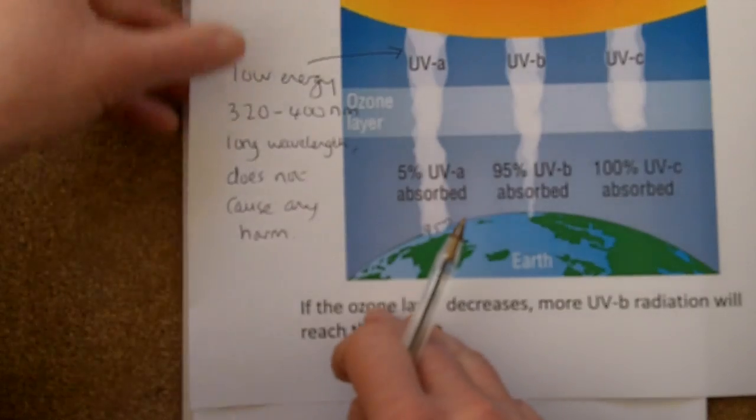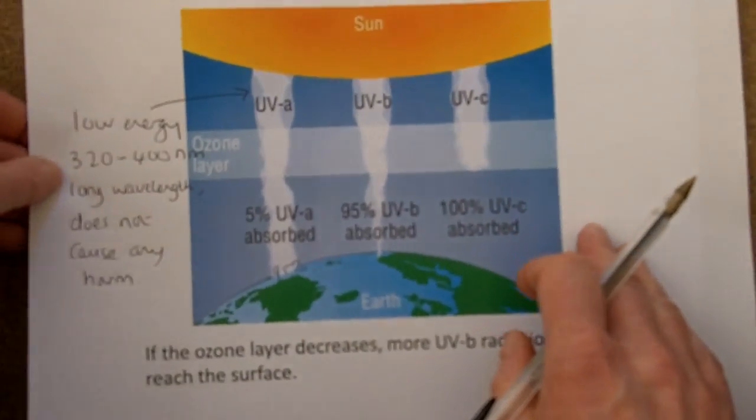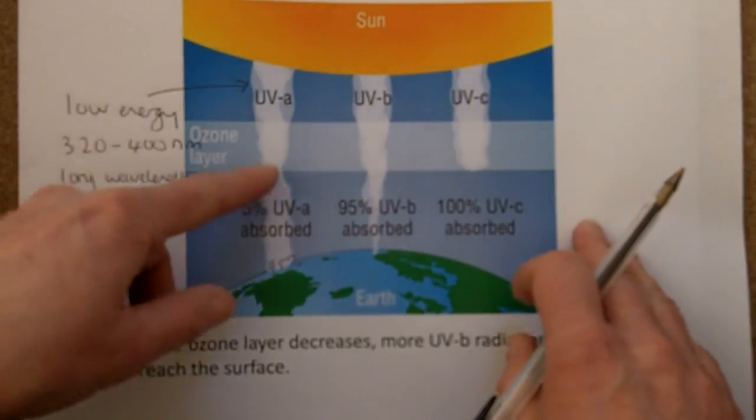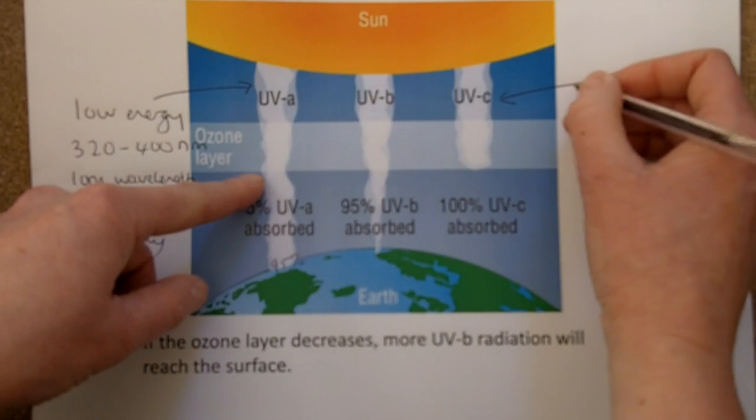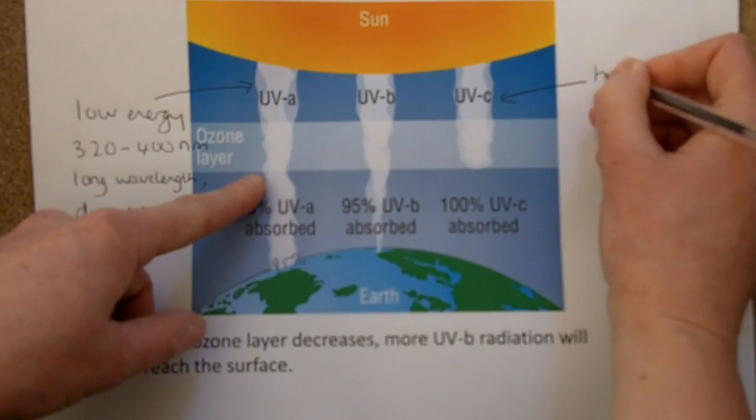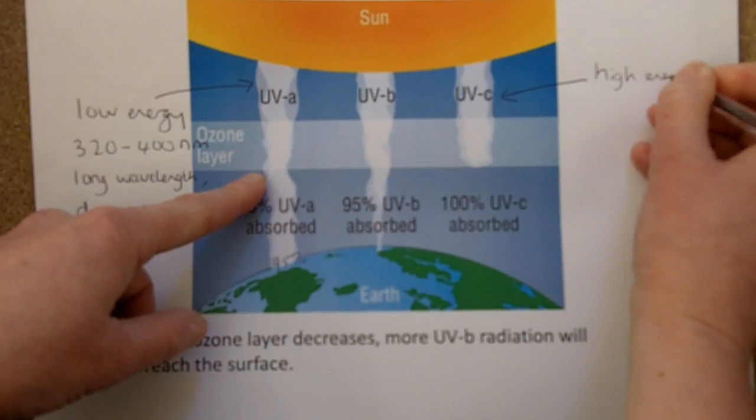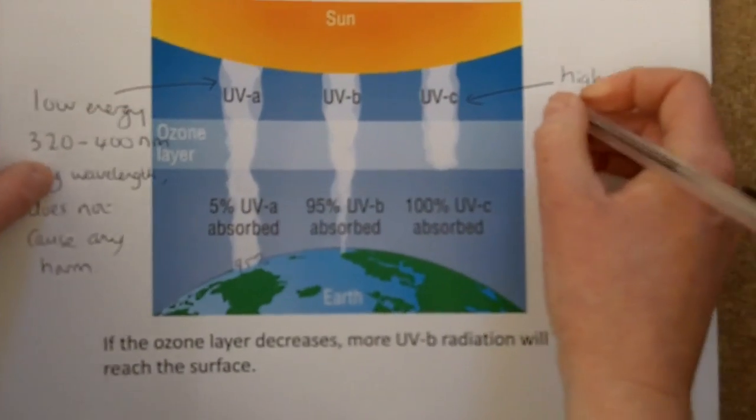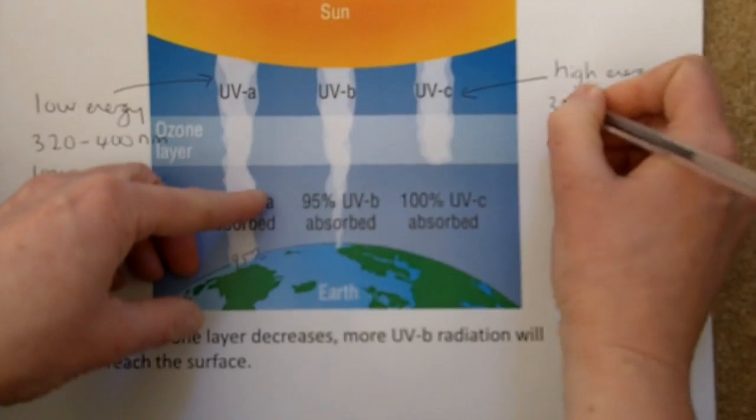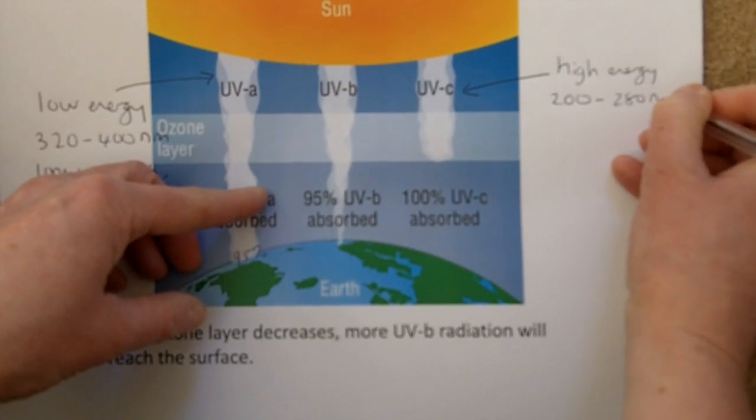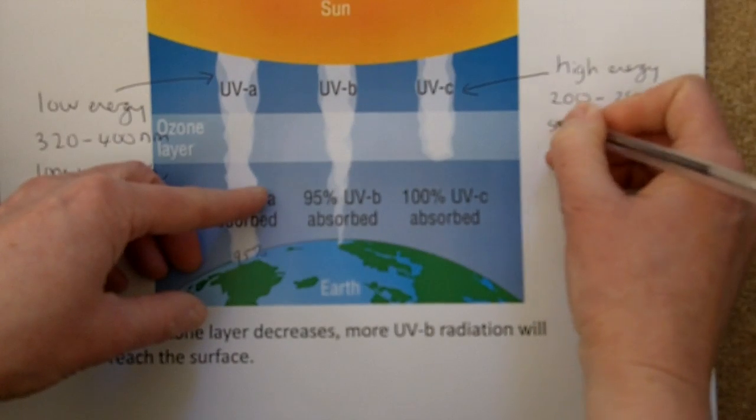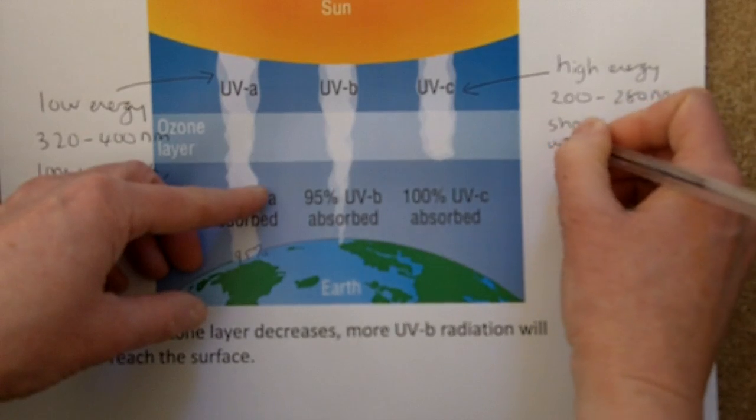And then if we go to the other side, which is UVC, therefore if UVA is low energy, UVC, you can probably work out, is the high energy, which is the short wavelength. And again, you don't need to remember the specific numbers. I've got 200 to 280 nanometers here. It's short wavelength,